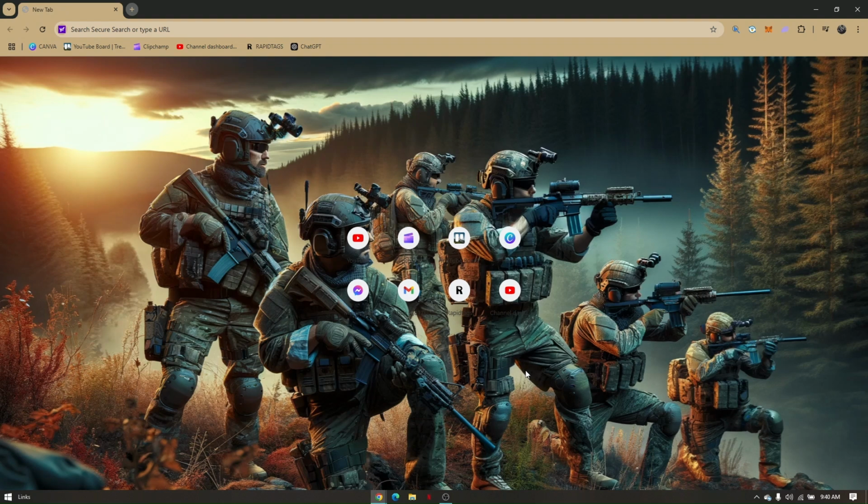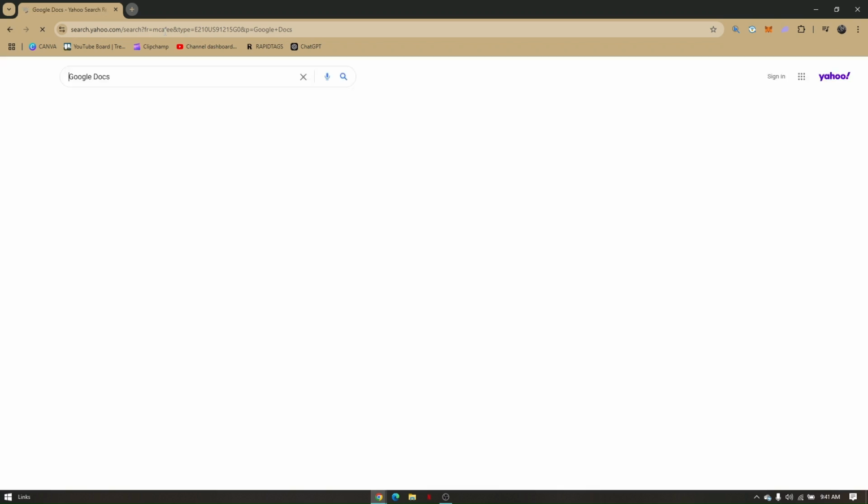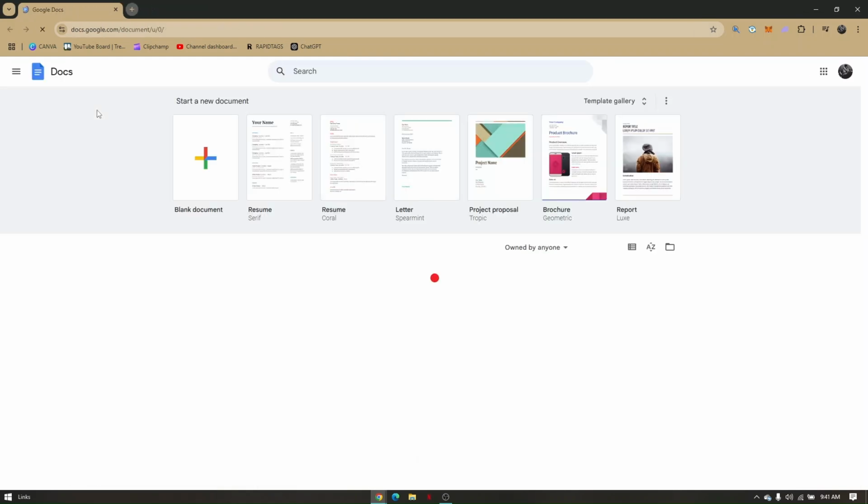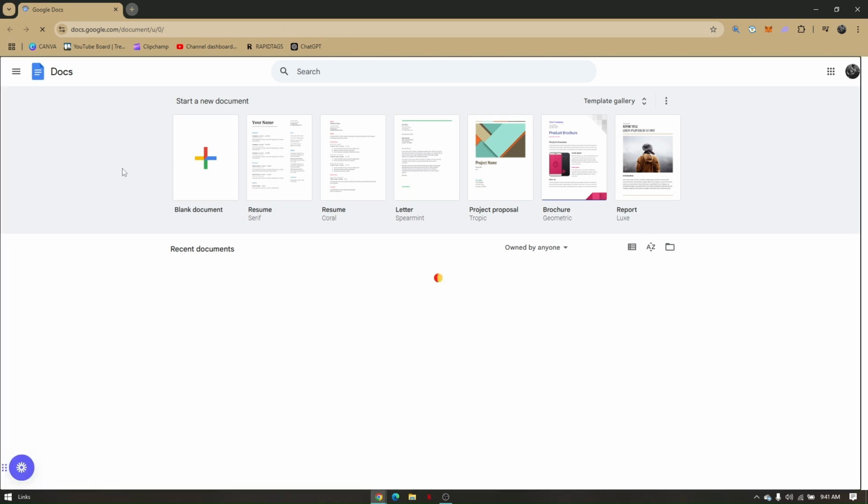How to unblock everything on a school Chromebook. First things first is pull up your school Chromebook web browser and head directly to Google Docs. And from here, just choose on our first result that says docs.google.com. Close the first tab. Now, once you have successfully pulled up your Google Docs, just click on blank document or